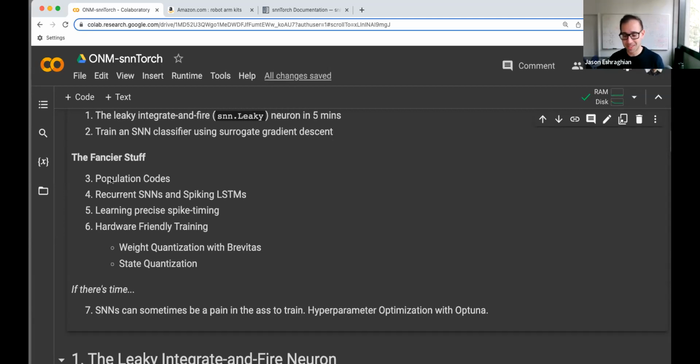With MNIST and vanilla datasets, typically the number of neurons in our output layer is just the same as the number of classes in some supervised learning classification task, right? So population codes could be a more generalized version of that, where maybe we have 10 neurons per class, or 100 neurons per class, something to that effect.